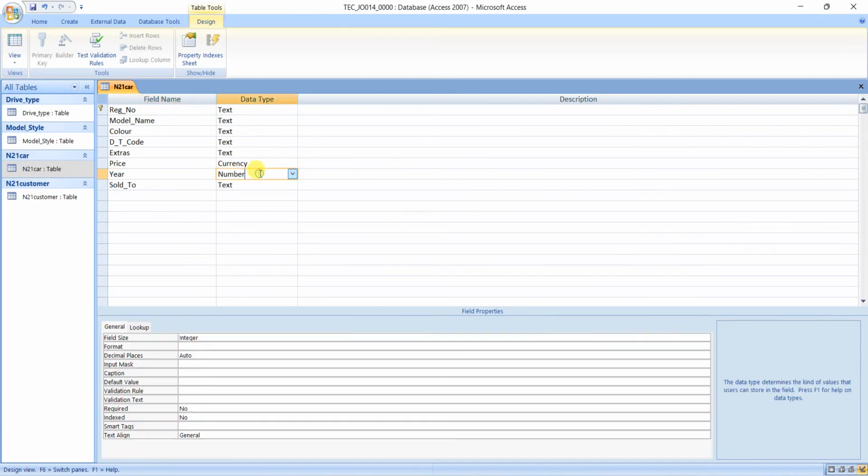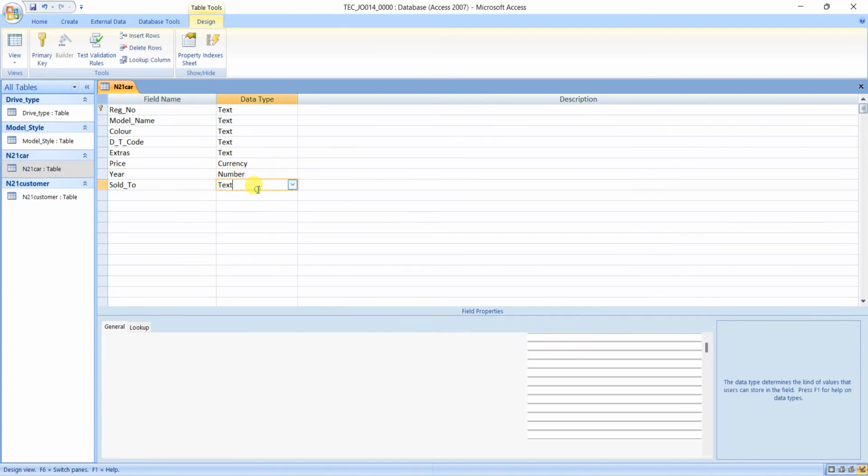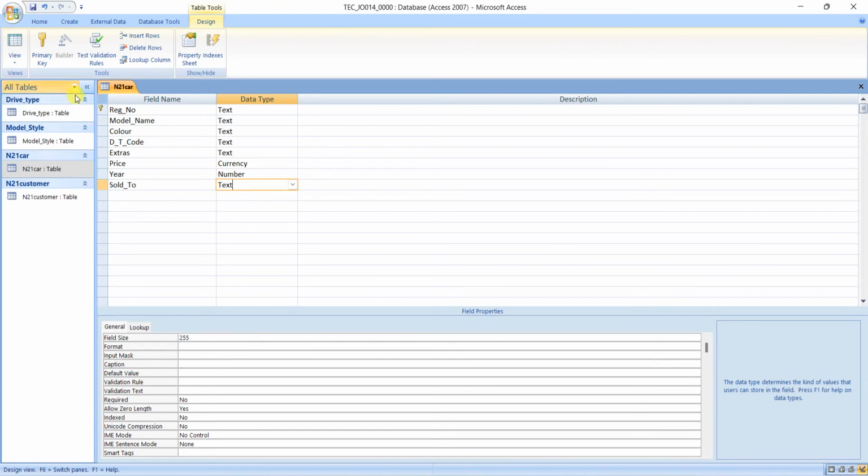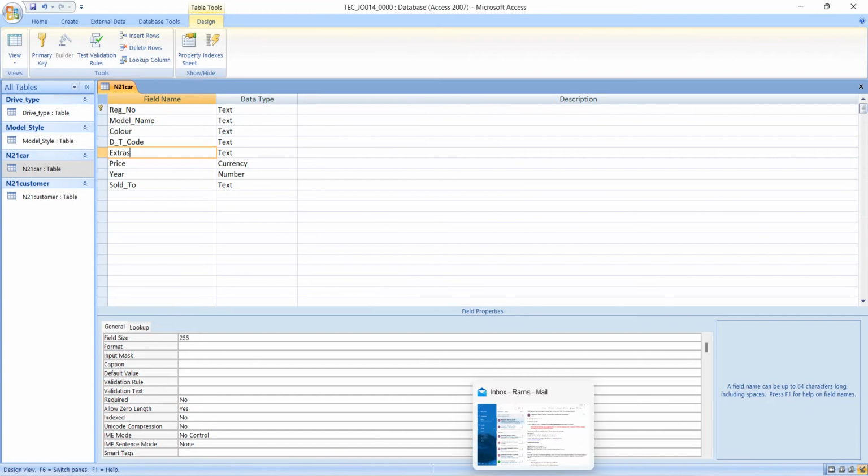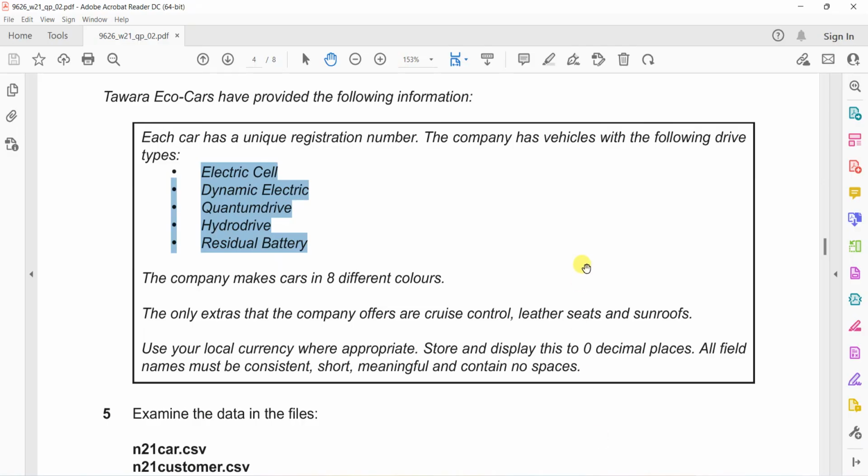The year is integer. Sold to, just only 10. Year, price, extras. Okay. Now for the extras, we have just only, as they said, cruise control, leather seats, and